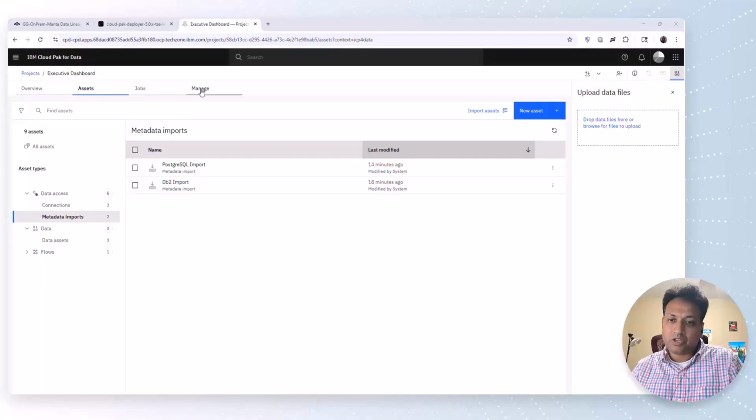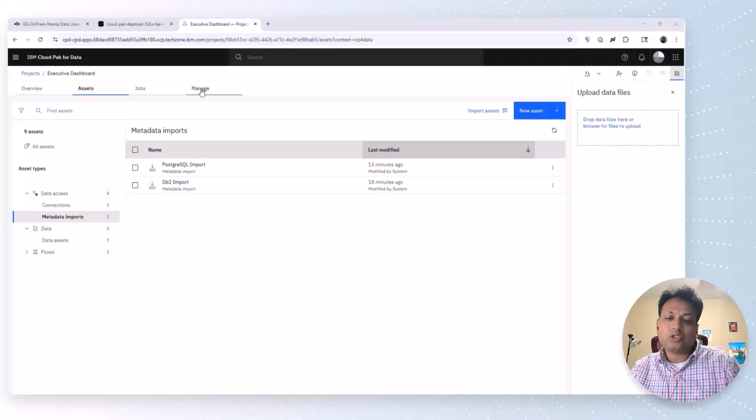Here we will use the automated metadata enrichment process provided by IBM Knowledge Catalog. The metadata discovered earlier using the metadata import process will now be used as an input to the IKC's metadata enrichment process. In this process, the imported metadata will be automatically profiled, analyzed and assessed for data quality, and it will assign the data classification and business terms by leveraging the governance artifacts defined in the business